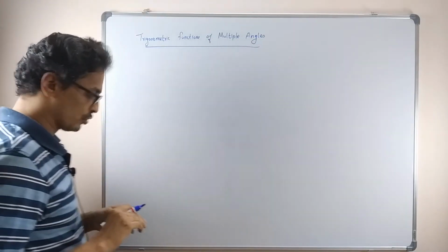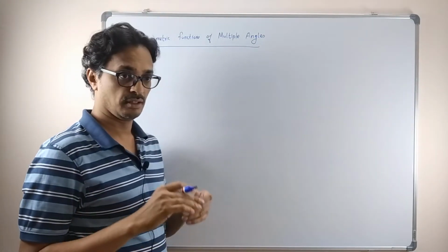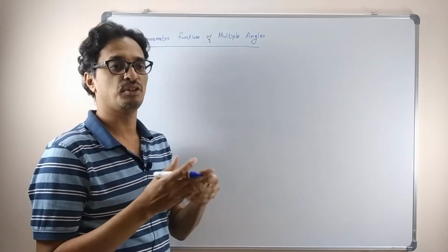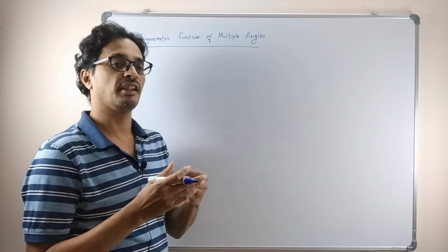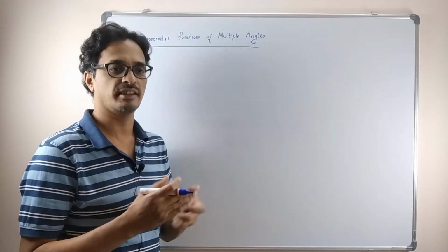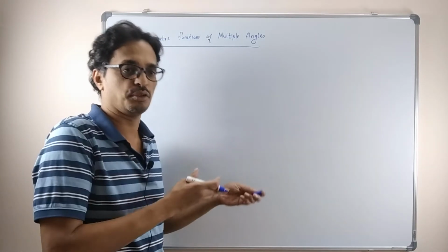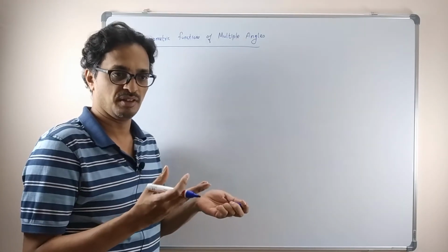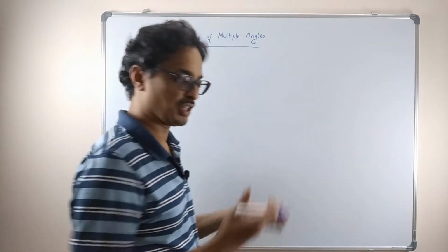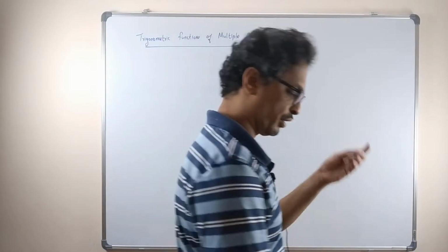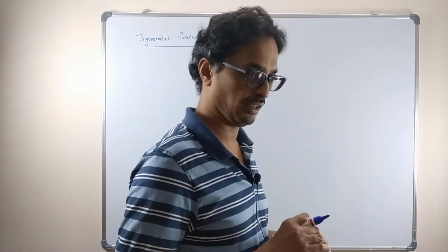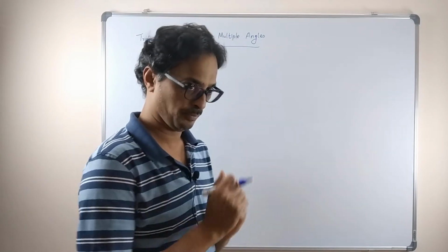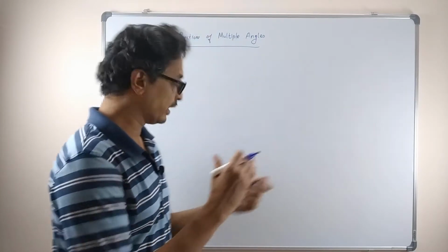Okay, so what do we do? Multiple angles means, if you have sine theta, what will be sine 2 theta? Or if you have theta, what will be sine 3 theta, cos 3 theta, tan 3 theta, tan 2 theta. Not only that, even theta by 2, theta by 3, theta by 8. So how are we going to get the fractional angles and all? We can't do it for an arbitrary angle. We will try to find some common relation, and then we will use that.